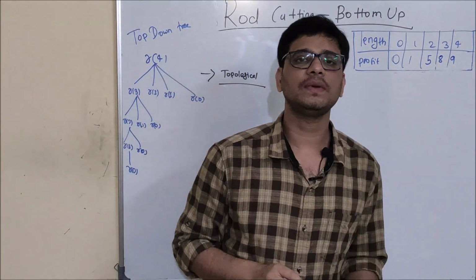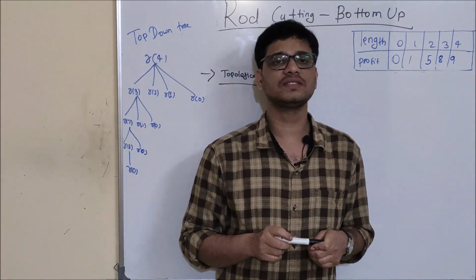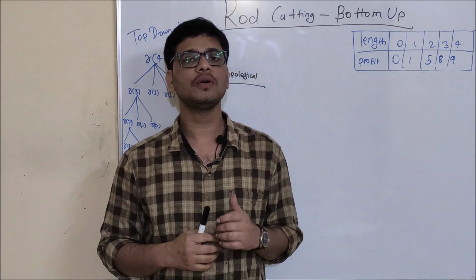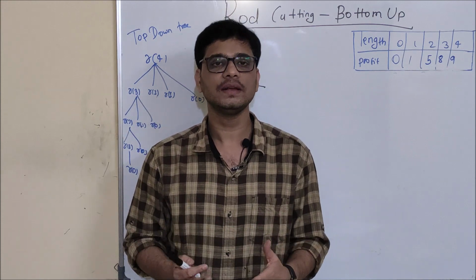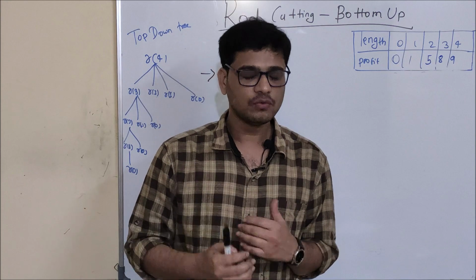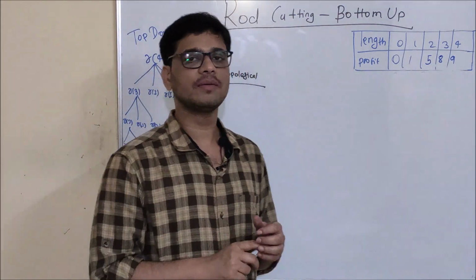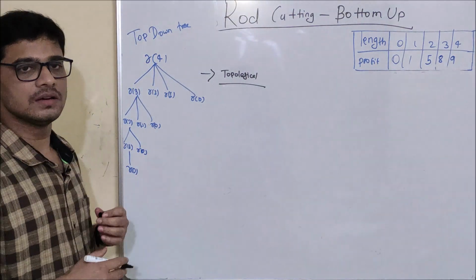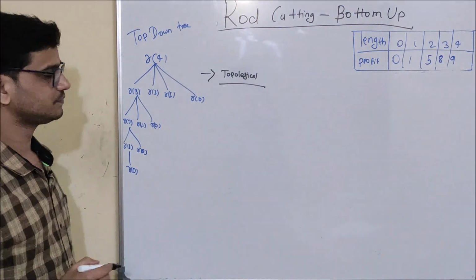If you have watched my previous videos on longest common subsequence and longest palindromic subsequence, you may have noticed that I am using this topological order to see how to write my iterative code for the bottom-up version. You should also be doing this, because coming directly to the bottom-up code is very difficult, otherwise you will have to memorize it. So, let's see what other conclusions we can draw from this top-down tree.